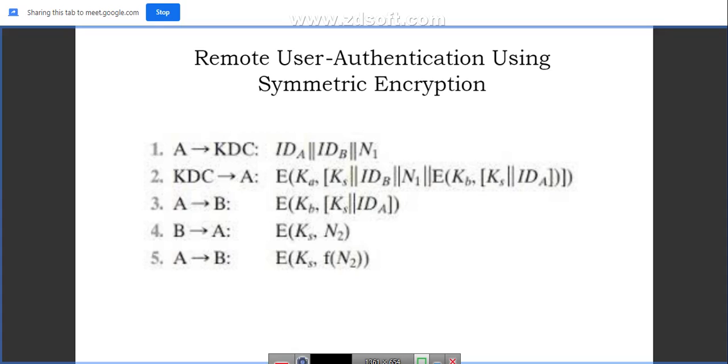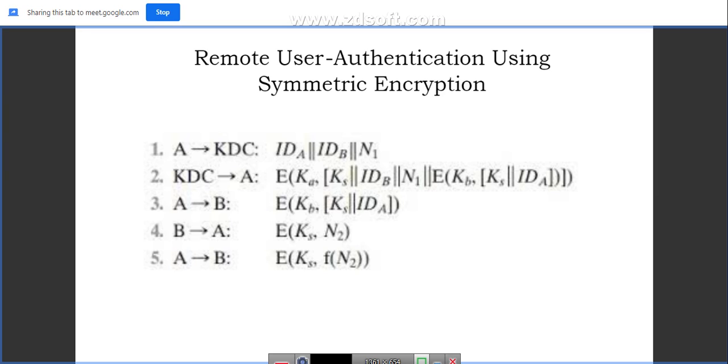Remote user authentication using symmetric encryption. We do understand the meaning of symmetric encryption. What is symmetric encryption? The encryption which uses a shared key, or rather a secret key. So how does a remote user authenticate himself using that symmetric key or symmetric encryption method? That we're going to discuss with this set of